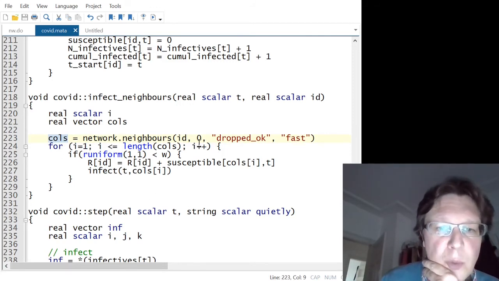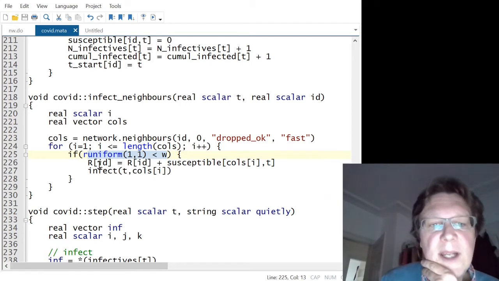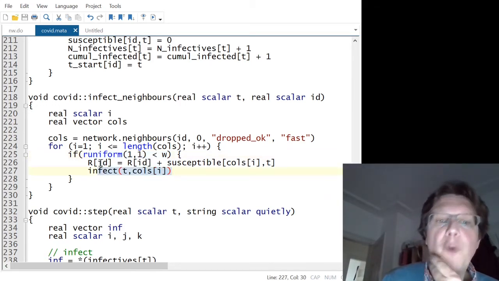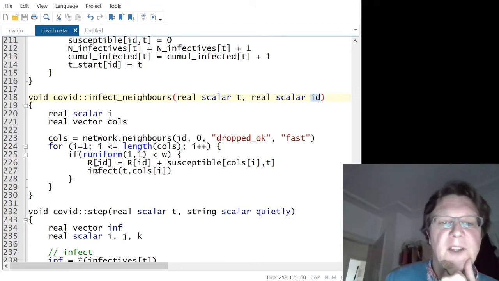And then we loop over those neighbors, and with a chance of W, we're infecting them. And we're also storing the number of people this agent infects,